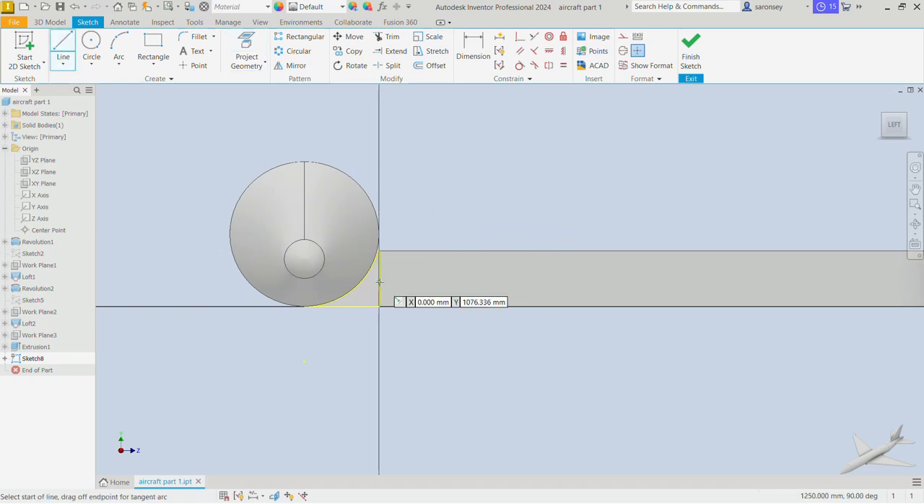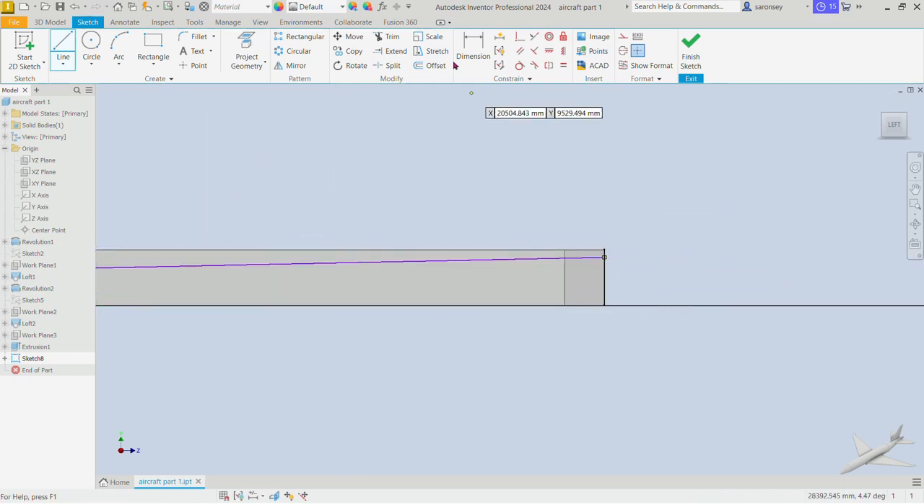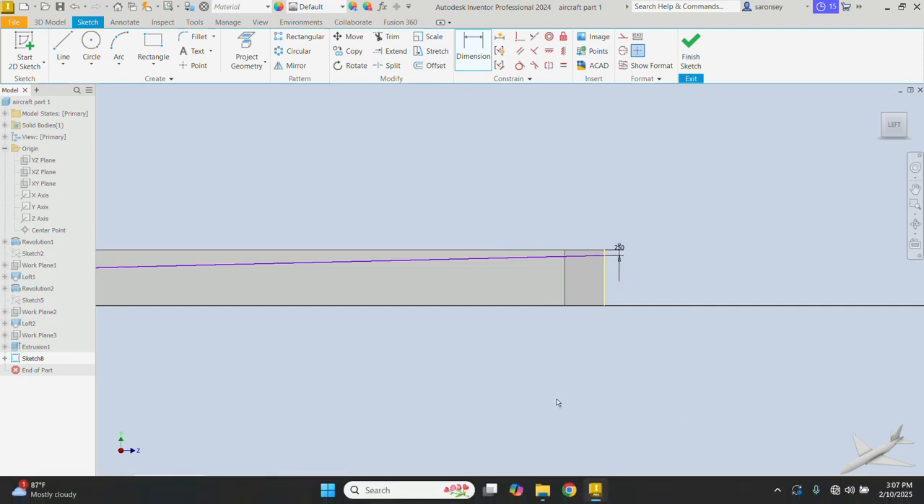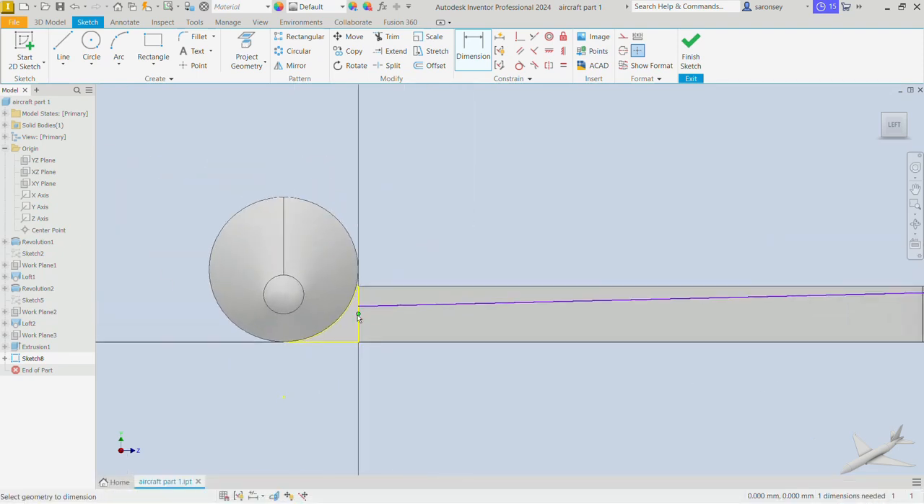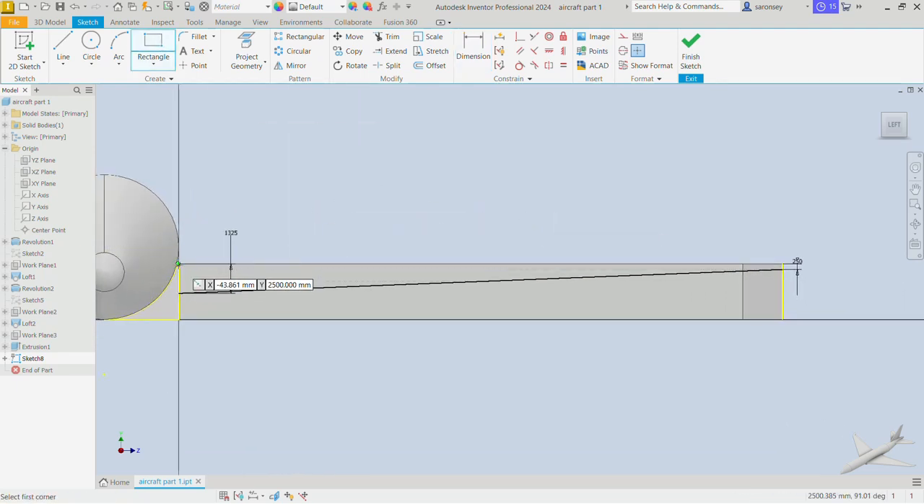Let's draw a line here, not at the midpoint, a little bit away from it, all the way to the opposite side or the opposite edge here. And then we would dimension, and so the distance between this point and that point is 250. And for the opposite side, between this very point and that point is 1325. Let's pick the rectangle command and draw a rectangle across this face, making sure you pick those 2 points